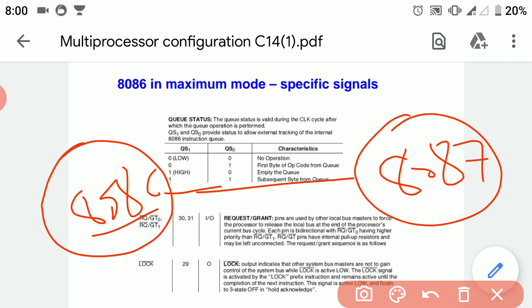Actually in the multiprocessor system, both these processors, main processor and coprocessor, share the memory